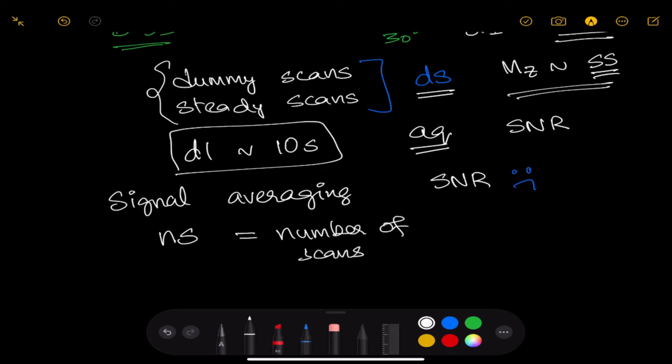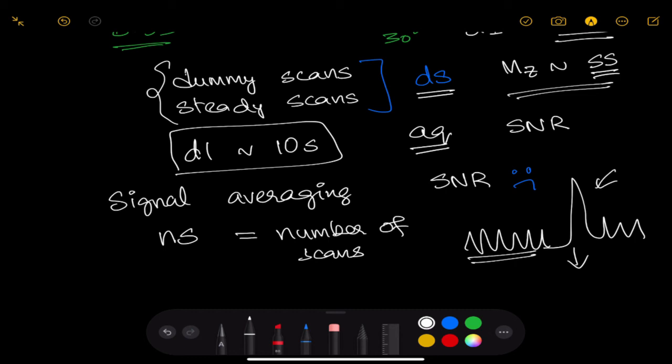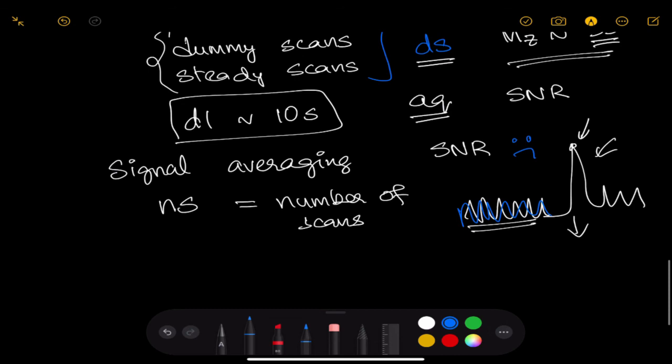When you keep repeating the same scan, the logic works in the fact that noise is sporadic while your signal is periodic. So when you average, the signal will keep coming in the same place while your noise will keep coming in different ways. So therefore, noise ends up destructively interfering with one another,